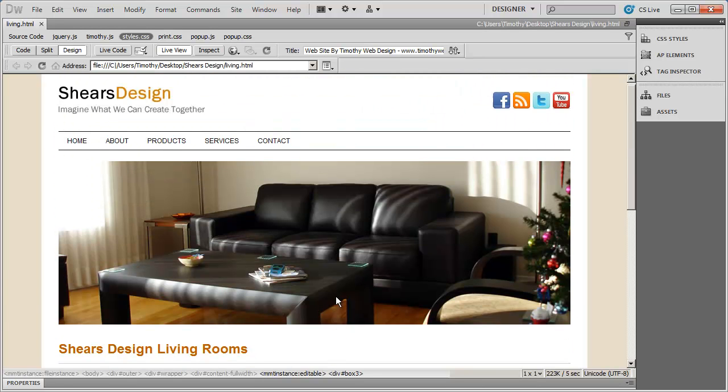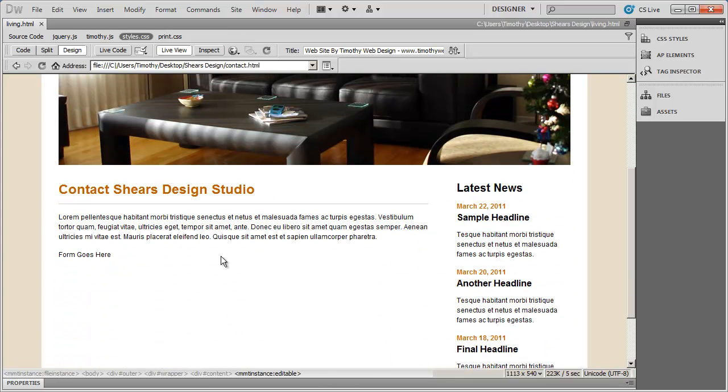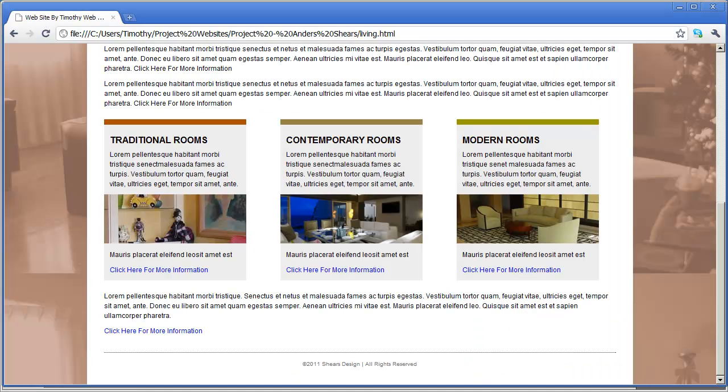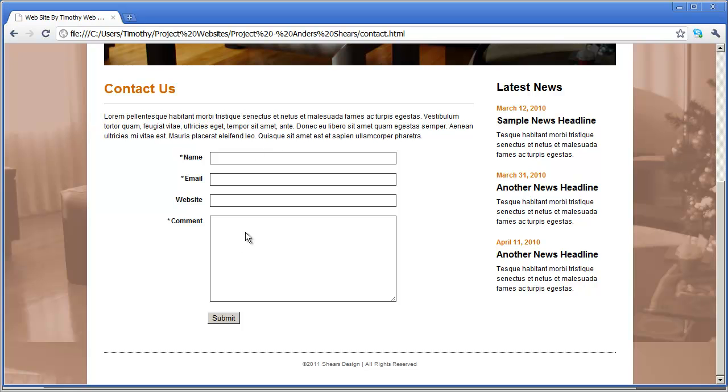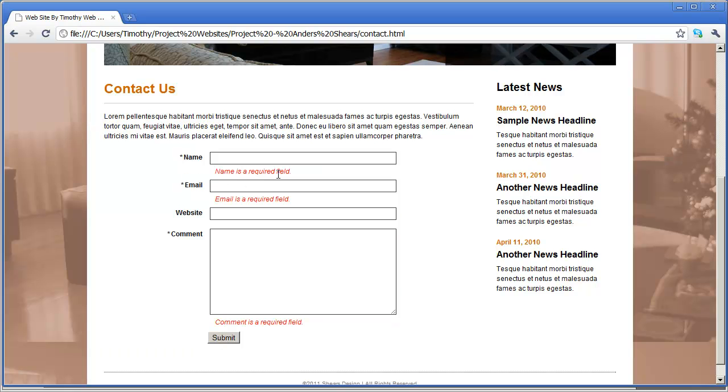In our next video, we're going to go ahead and work on the contact page. And again, what we're going to do here is a very simple contact form. If I come right over here under Contact Us, you can see I'm just going to create 4 fields. But you can very easily just copy and paste these lines of code and add as many fields as you want into this form. We're also going to use a very simple jQuery plugin to make sure that the visitor, if they submit a form, has entered in required fields. We're going to make name, email, and message required. And if they don't enter that information in, when they click submit, they're going to get an